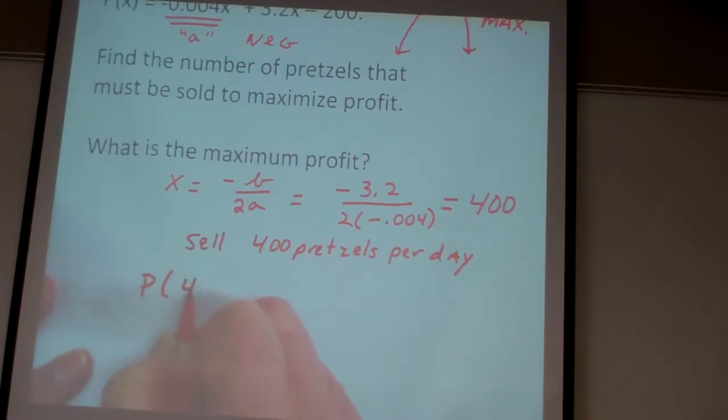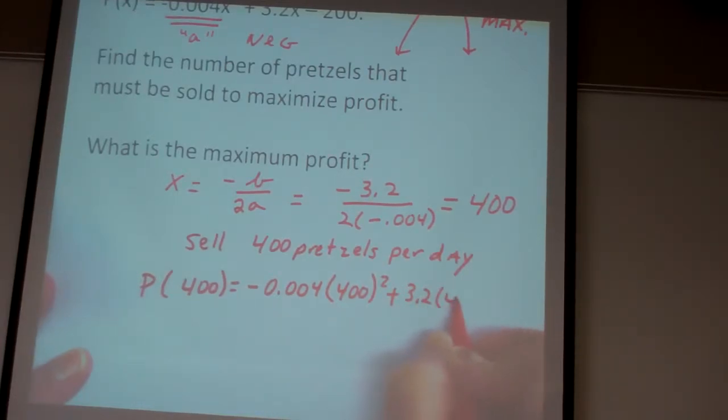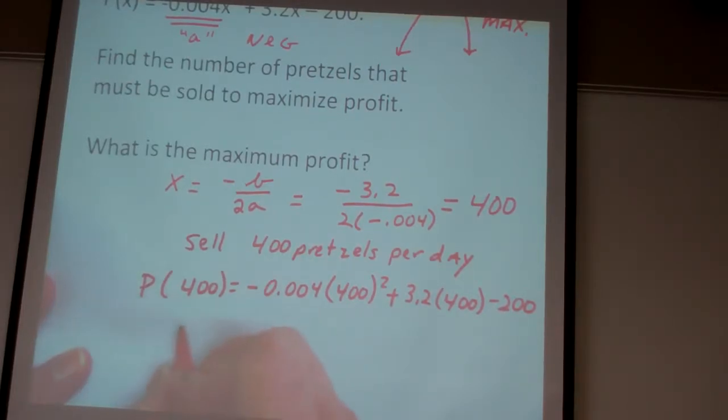So our profit when x is 400 is given by minus 0.004 times 400 squared plus 3.2 times 400 minus 200. Again, if we put this into our calculator,